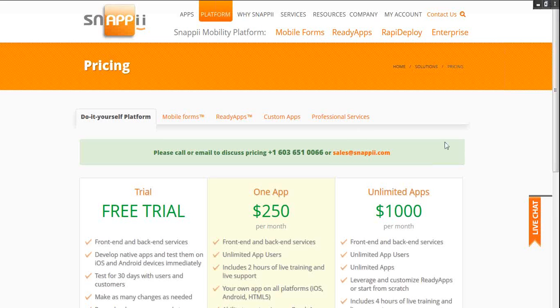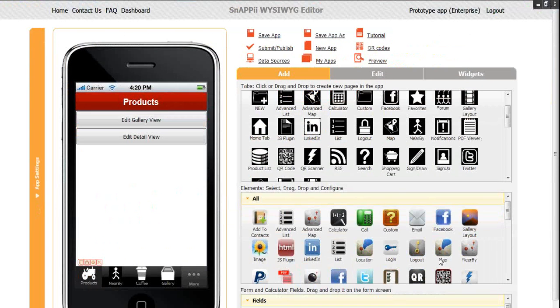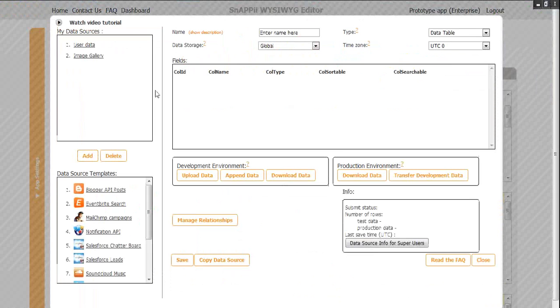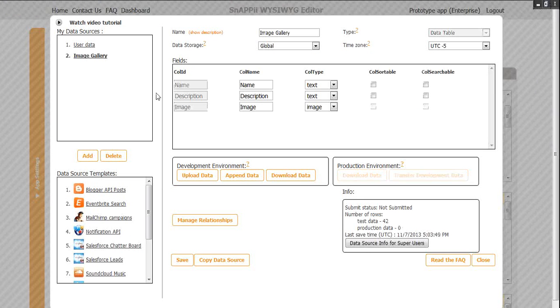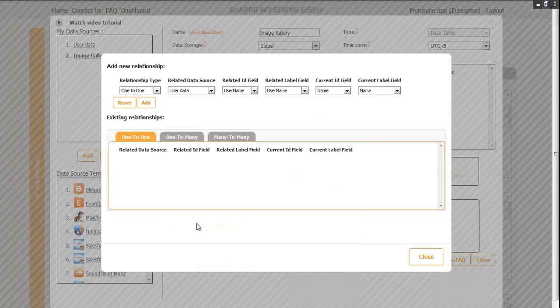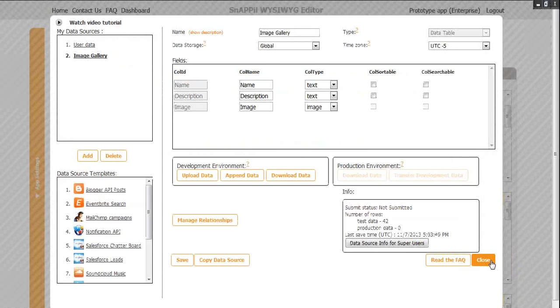How do you relate multiple tables and display the multiple information together on the screen? To relate your spreadsheets that you upload, you need to choose the parent spreadsheet and bind it to those spreadsheets that will show subcategories for your prior category and details. You just click Manage Relationship, choose the type, and it will display the data in here. So you just need to match the fields. When you do it and save it, you will be able to see